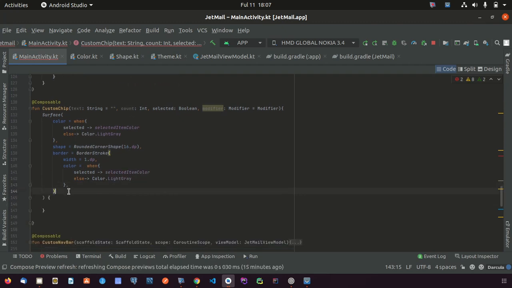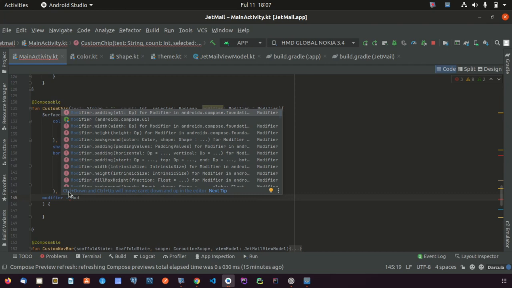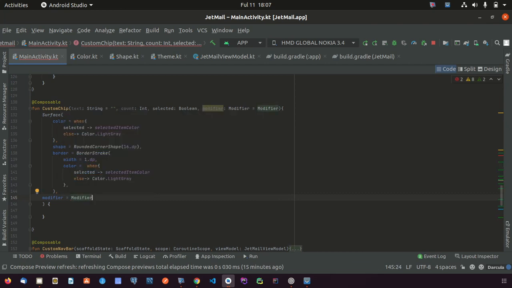So the modifier will be passed up from the parent. Modifier. I think that is done for it. So let's move to its content. The content just has a row with a text and